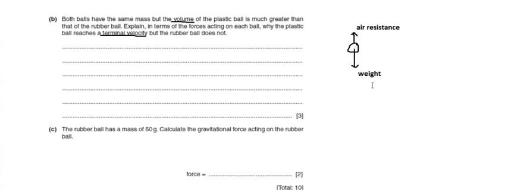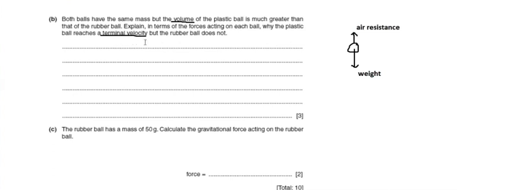But this weight of the object solely depends on the mass of the object. If the mass is more, then the weight will be more. But in our question, you can see the mass of both objects is the same, so the weight will be the same. But the air resistance depends on the volume or the surface area of the object. If the volume is more, so here you can see the plastic ball has more volume, that means it will have a bigger surface area, and for the bigger surface area, the air resistance will be bigger, and that's why the air resistance acting on the plastic ball will be more than